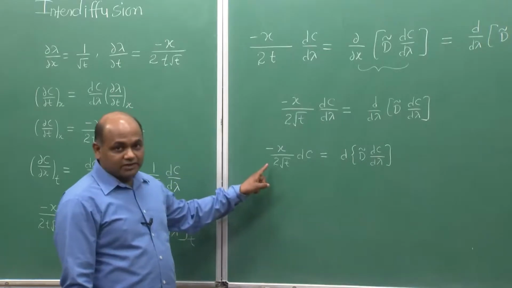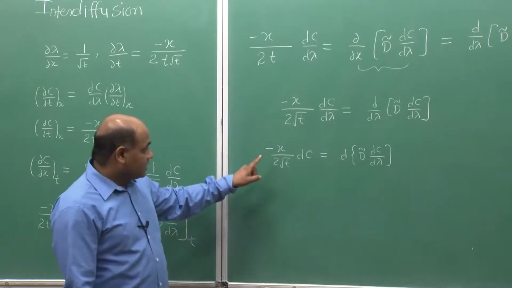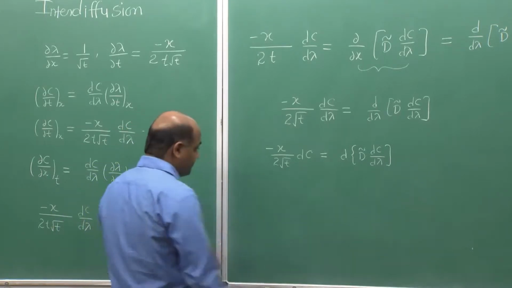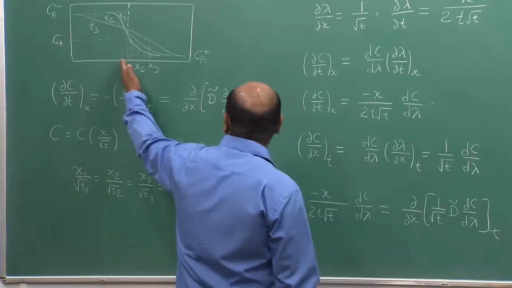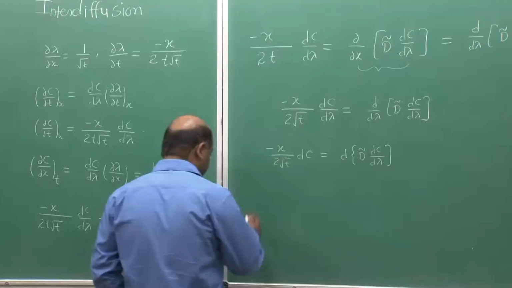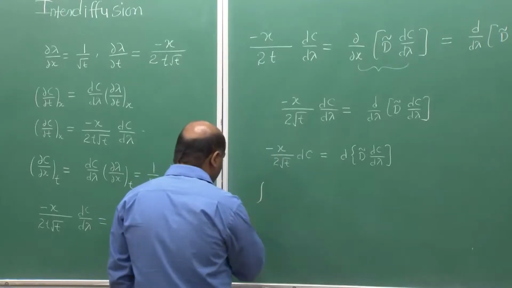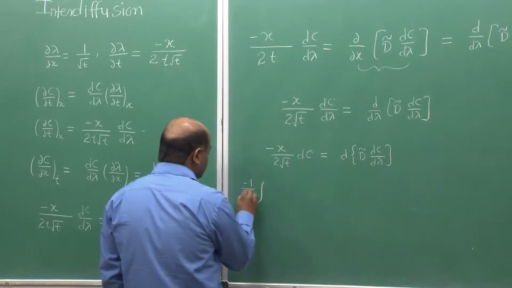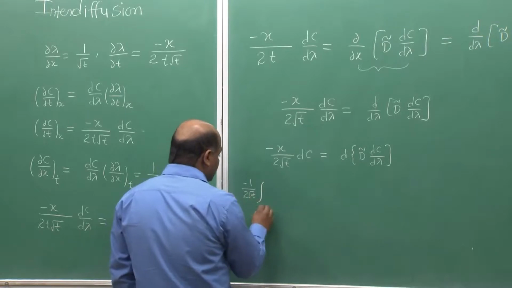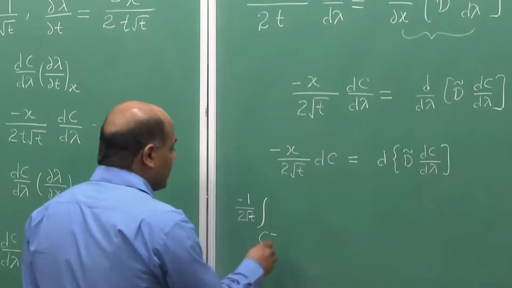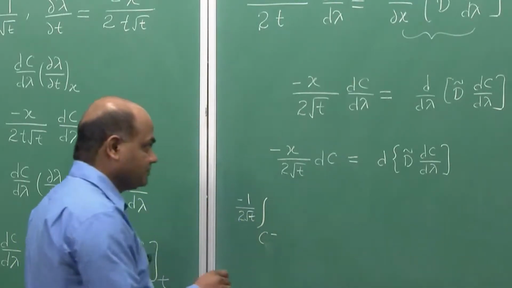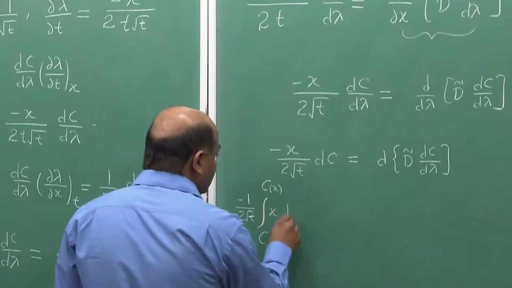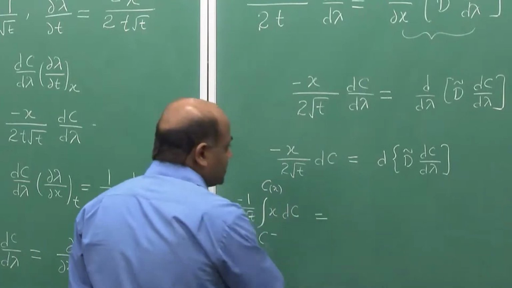For the fixed diffusion annealing time, if we integrate both sides from the left terminal to the desired x, we can write integral, since t is fixed, we can take this out, minus 1 by 2 root t integral from C minus to C at desired x of x dC should be equal to,